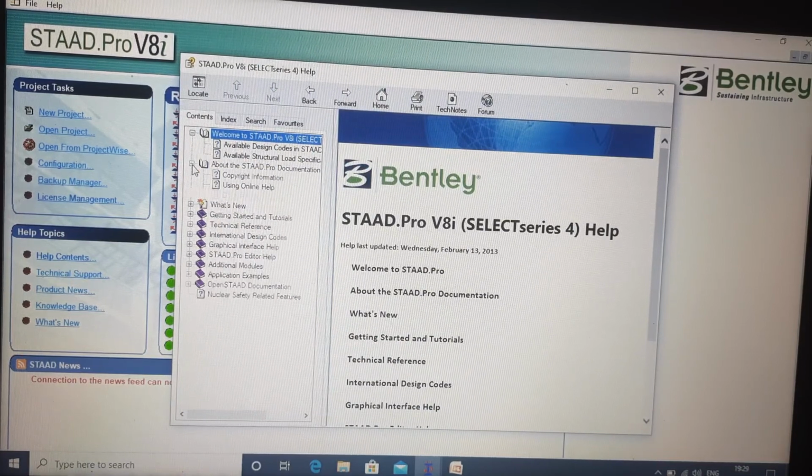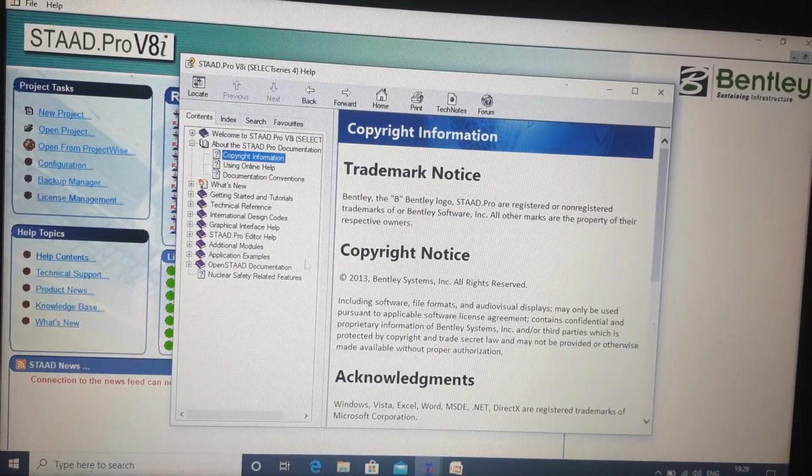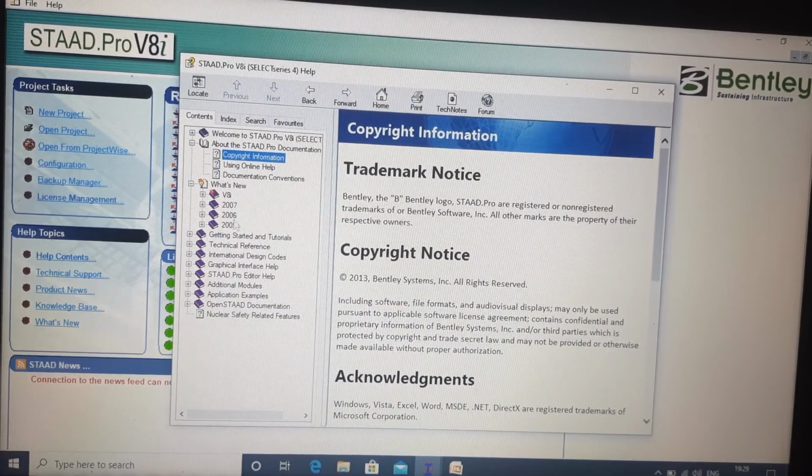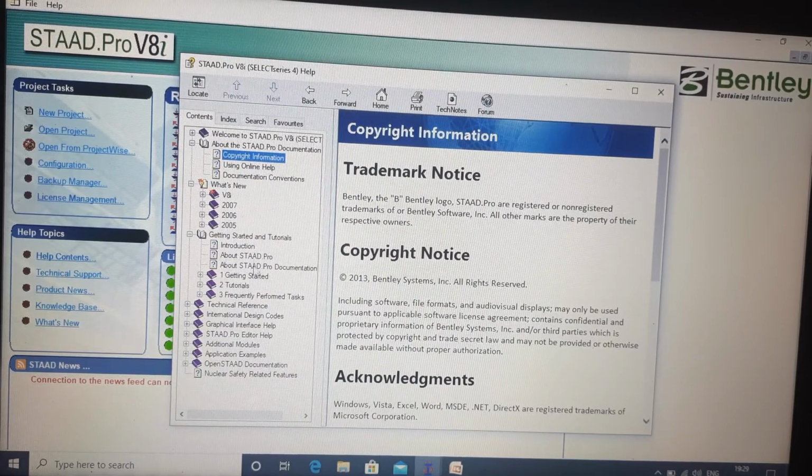About STAAD.Pro documentation: how you can document in STAAD, you can get knowledge of this after clicking here. What is new in this version, these things will also be given to you. Getting started: how you can model and do all these things, you can also get it from here, but this will be a tedious one. You have to follow all these things from here.